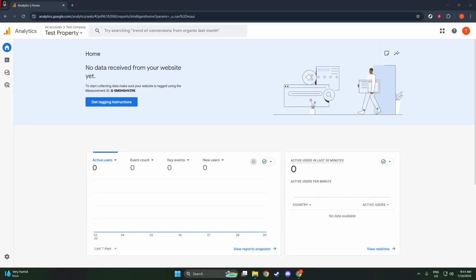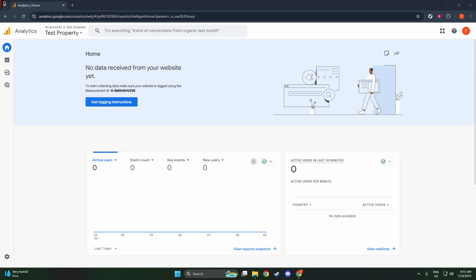In today's video, I'm going to teach you how to find the equivalent of a view ID in Google Analytics 4, or GA4 for short. You might be familiar with the view ID if you've used previous versions of Google Analytics, but in GA4, things have evolved. And while there isn't a direct equivalent to a view ID, there are new identifiers you'll need to become familiar with. Don't worry, I'll guide you through the process of navigating these changes to track and manage your